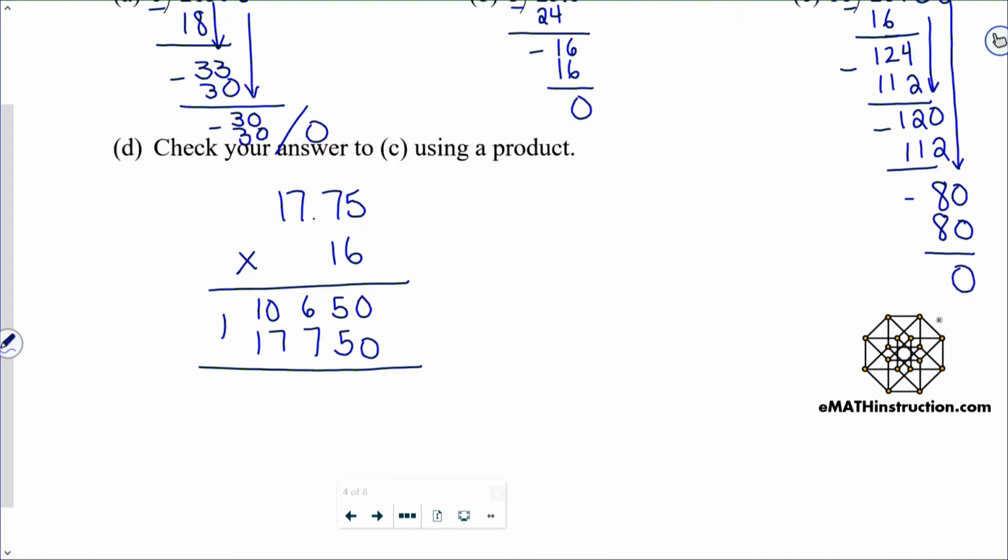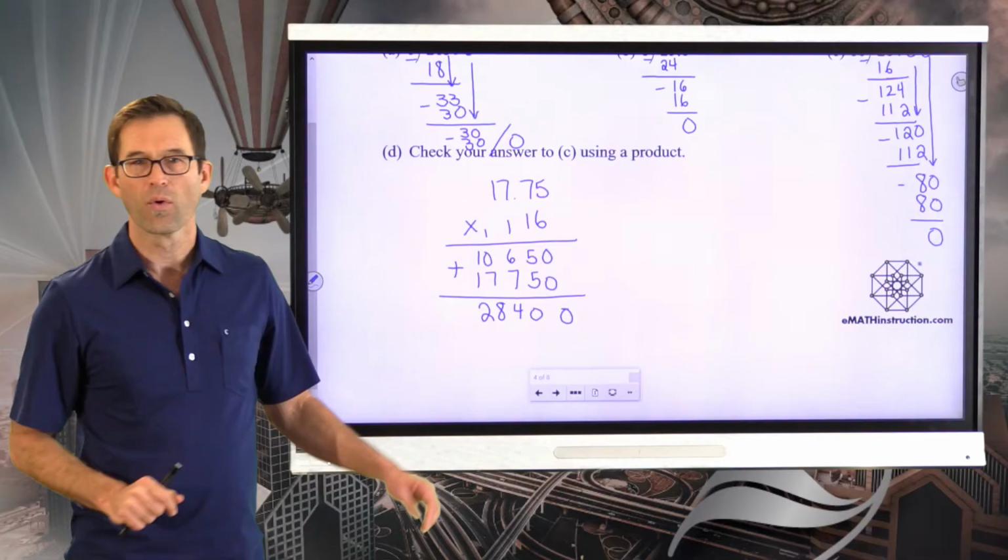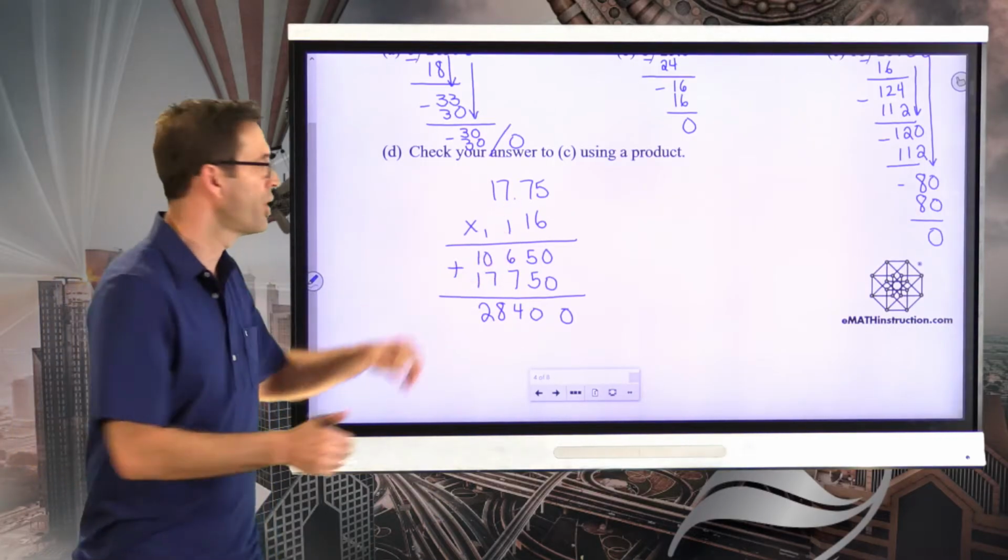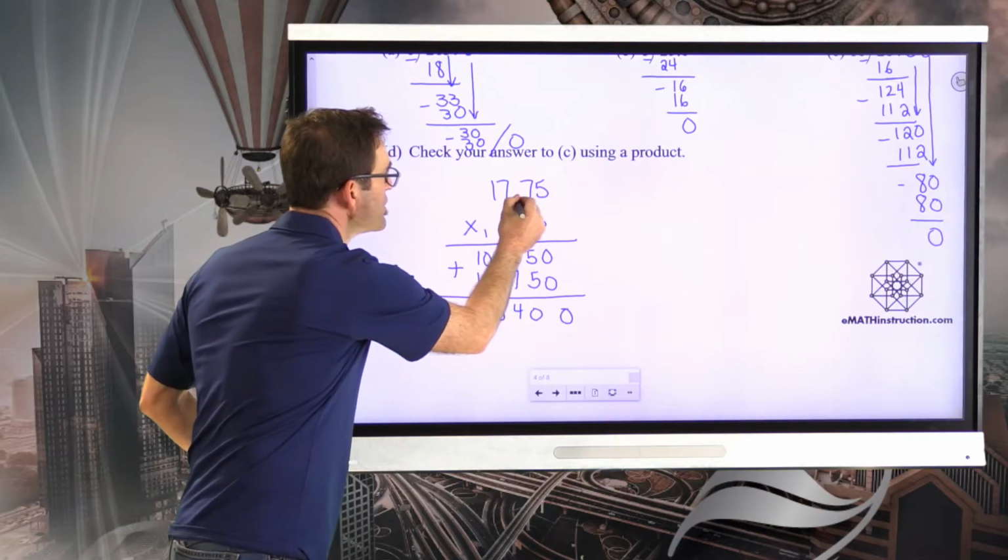Let's do our addition now. 0, 0. Carry the 1. 7 and 6 is 13. Plus 1 is 14. Carry the 1. 8 and 2. Now, of course, we say, all right, that 17.75 has got a really small decimal that's hard